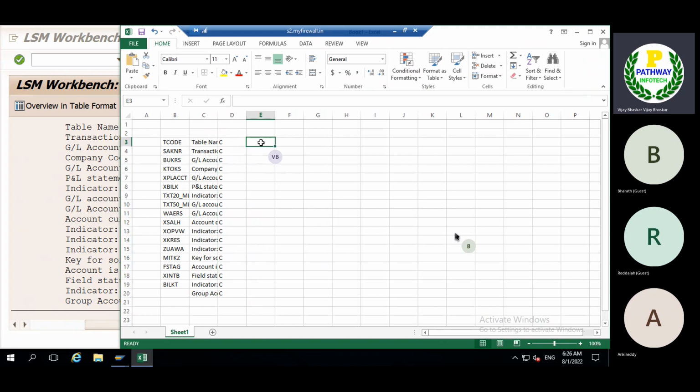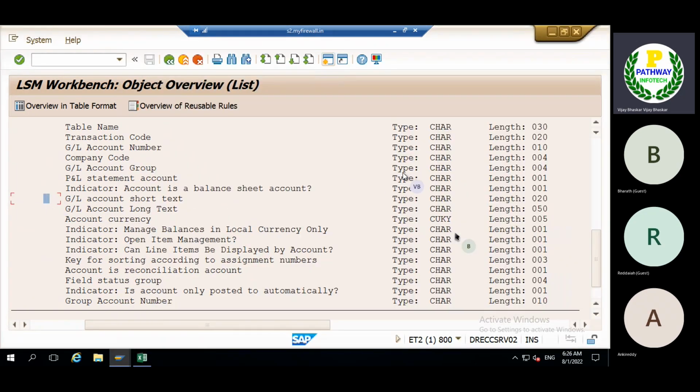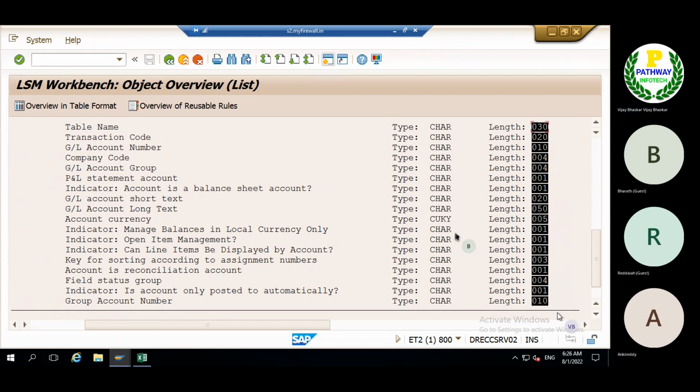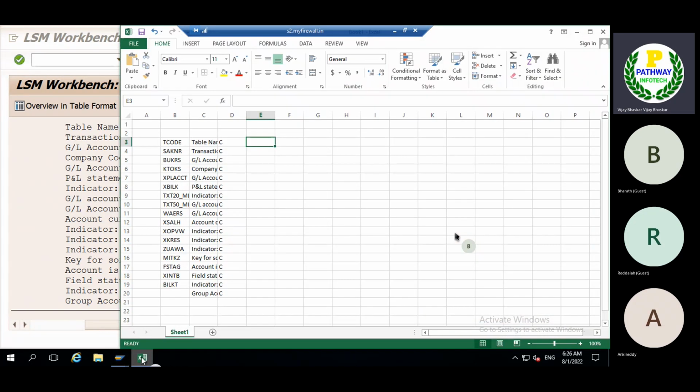Then the next one is the length. The length of the GL account number. Length is important. For example, the GL account is character with 10 digits. Now we need to copy this one. This is the important one. Then paste it here. Then one field is missing here: the group account number.